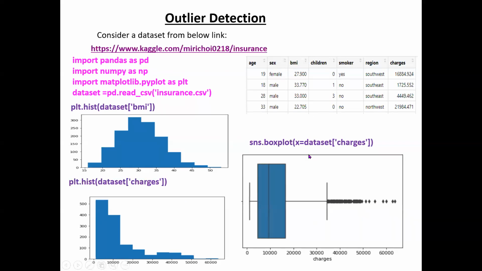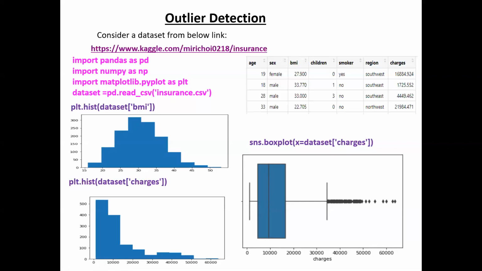All the other medical charges are in this range, but only a few are in that range. If these outliers are considered in your data set, your algorithm may get confused, because if all are in the same range, it can easily predict. Some other range is there for some values, so there may be a chance of confusion for your ML algorithm. That's why first we need to detect our outliers. So how to handle these outliers? Once you detect them, how to remove them? And here I have one question. Here some outliers are there.